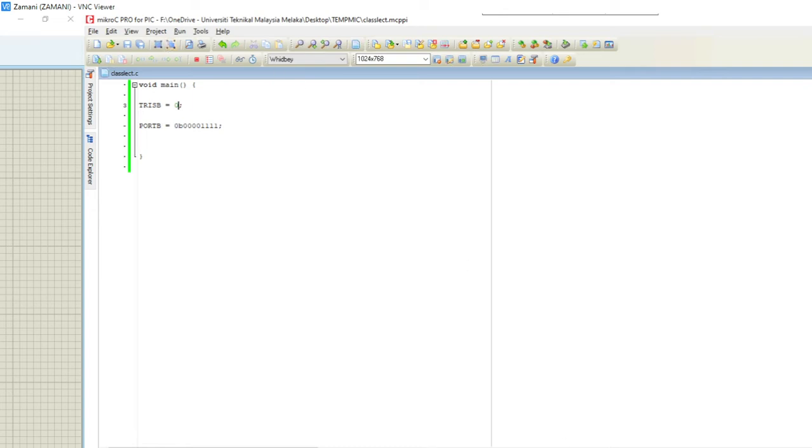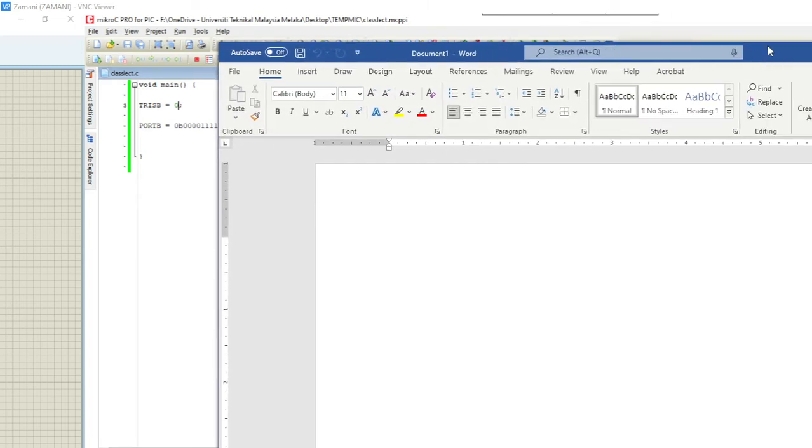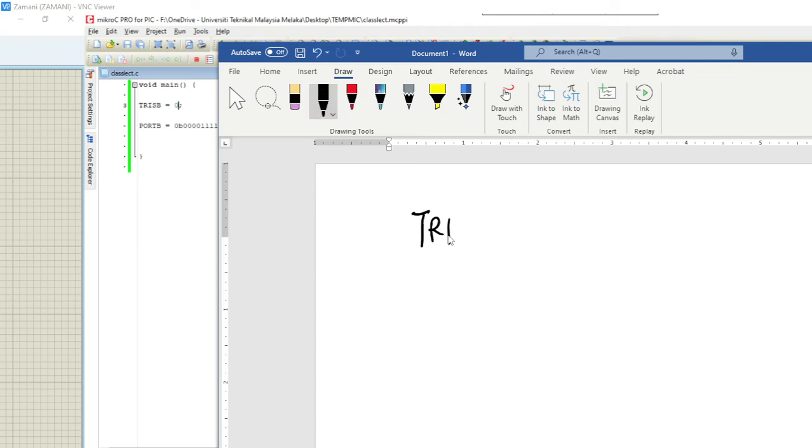Okay, you have the options on how to write your code, right? So let's check this one. In this case, for example, in TRISB or any command, you can just write down like this: TRISB is equivalent to 0b00000000 and semicolon. And why I always write like this is because it is much easier for me to know which pins I refer to. For example, this is port B, right? This is port B, and if I just go for my port B here,